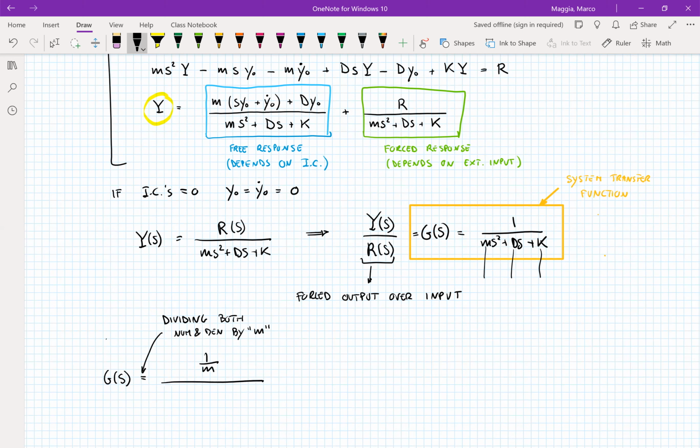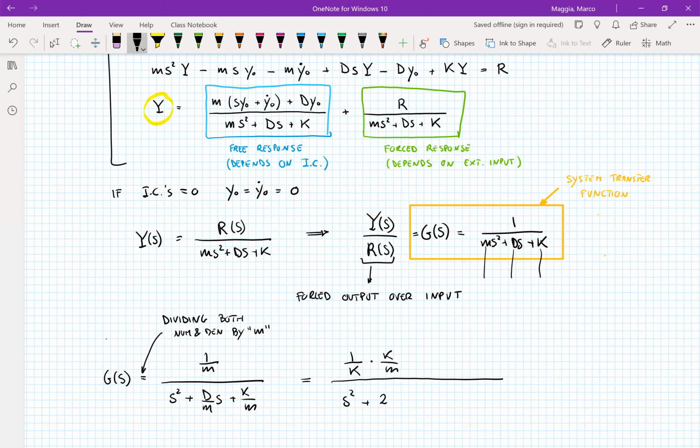So we're going to have 1 over m at the numerator and s squared plus d over m times s plus k over m at the denominator. Also, what I'm going to do, I'm going to write the numerator as 1 over k times k over m. Nothing has changed. And the denominator, we're going to write it as s squared plus